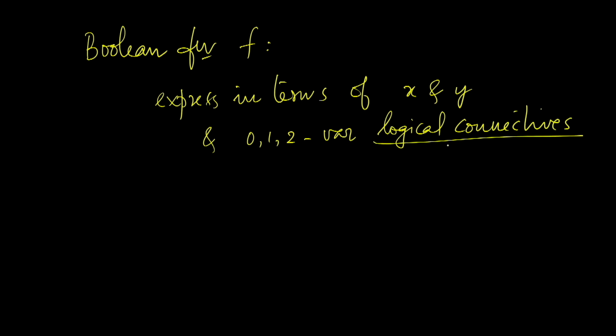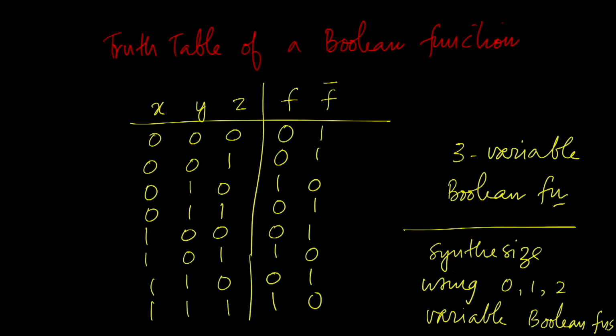Logical connectives are the same thing as Boolean functions. So let us see how f can be expressed in this form. For that, let us take another look at the truth table corresponding to f. So here we find that f is 1 precisely when x, y, z are 0, 1, 0 or 1, 0, 1 or 1, 1, 1. That is 2, 5 and 7, which means f is logically equivalent to